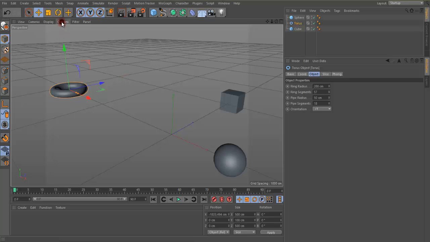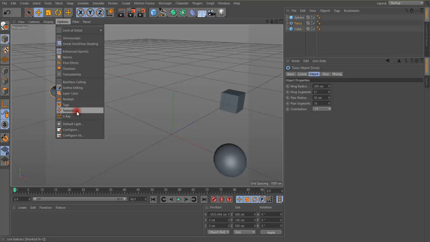Option menu is for a different or high-end part. We can set our texture over here. We can create a normal option over here. You can see